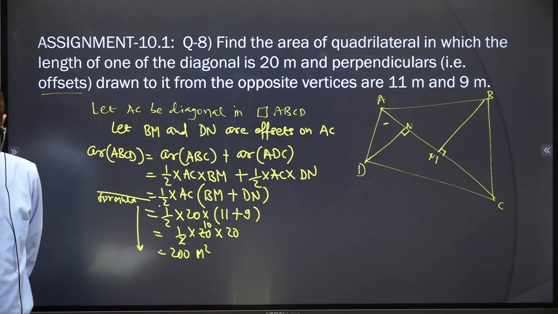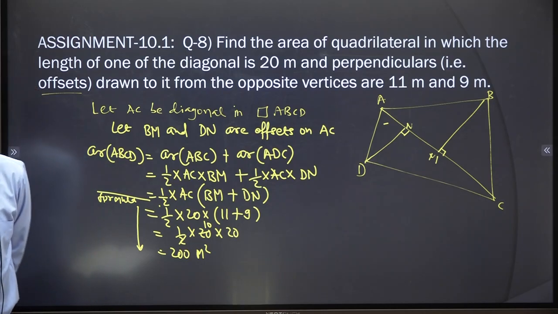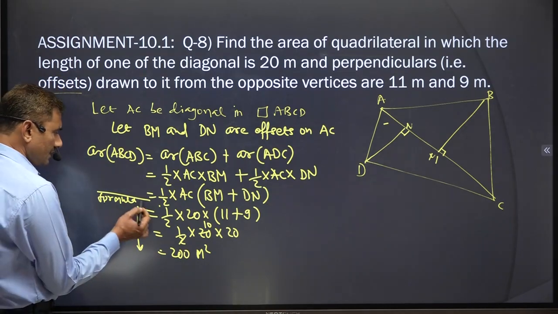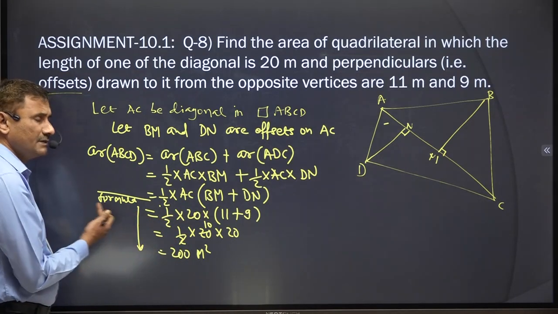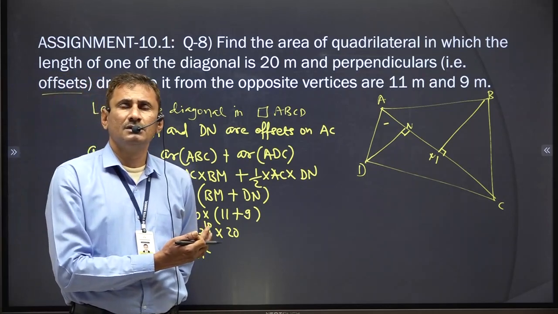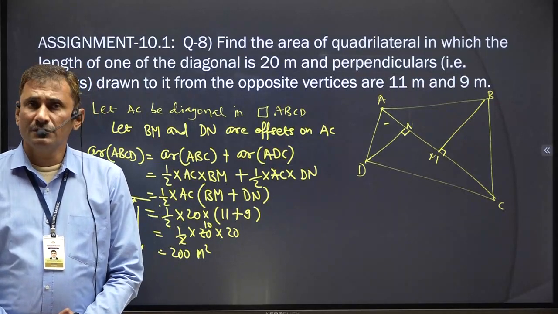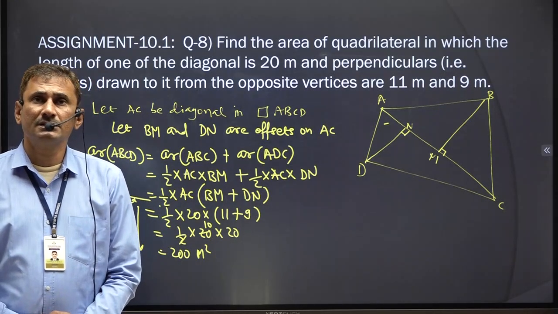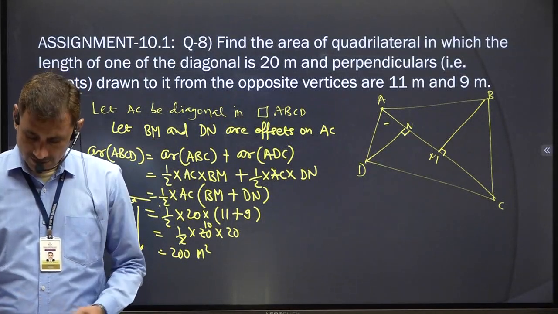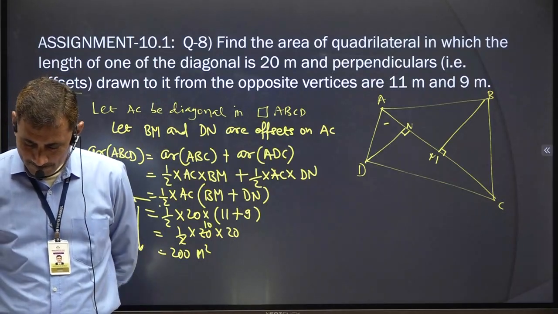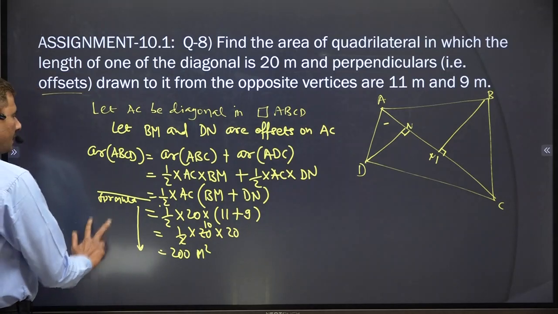But in number 9, they have given the area. Diagonal is not given, so you just find it. If area is given and diagonal is not given, you can find the diagonal by shifting it, making it the subject. Okay, so it is the same type but somewhat different. Why? Here area is asked, diagonal given. There area is given, diagonal is asked. Okay, so number 9 in homework. Now let's look at number 10.